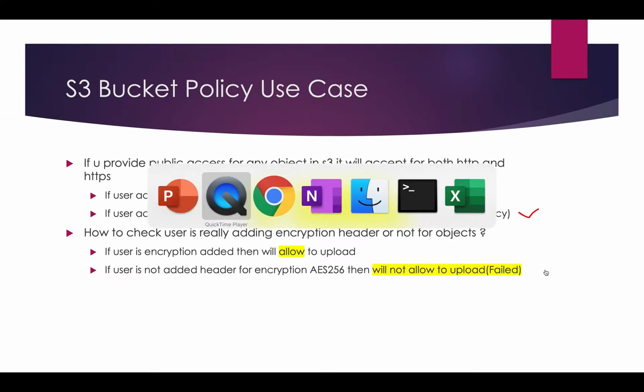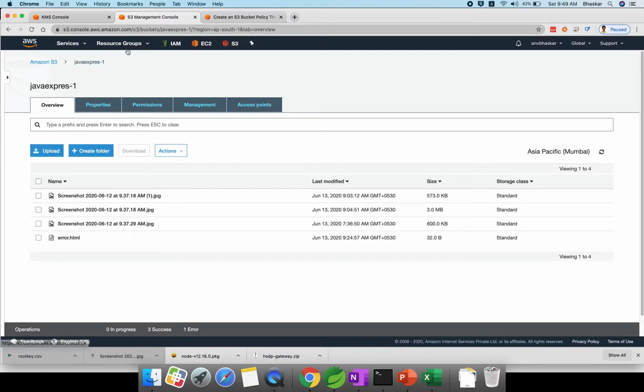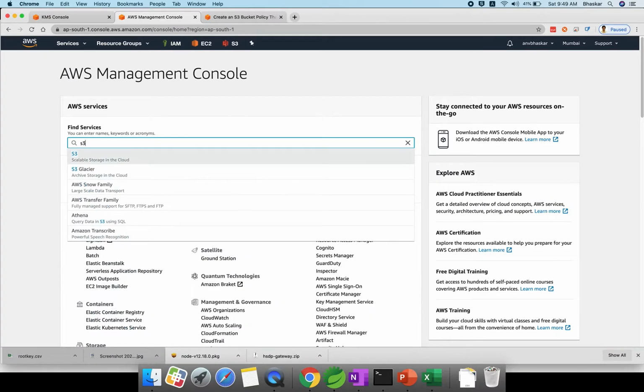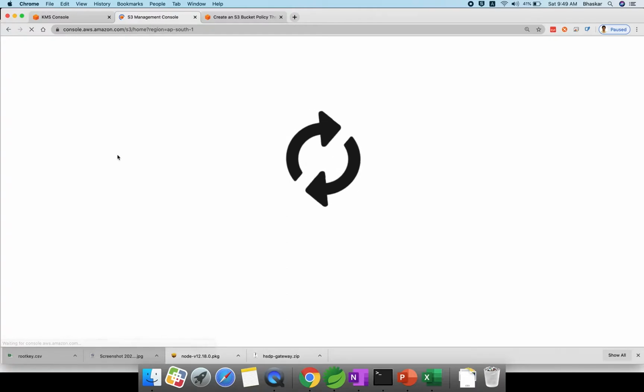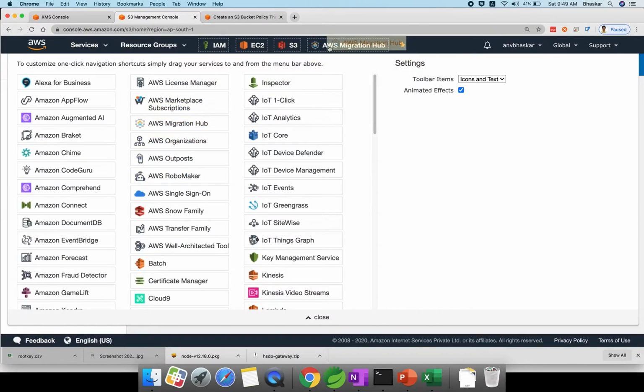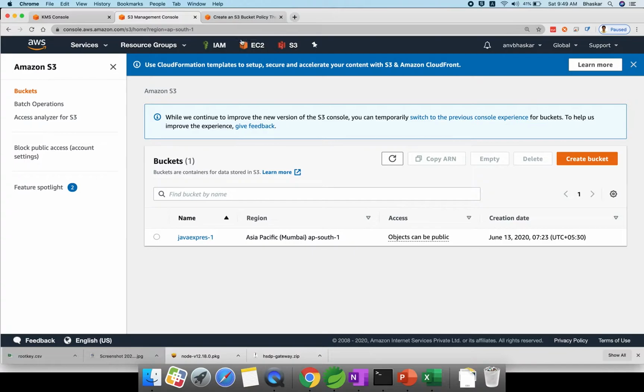Next, if you don't know how to go to AWS, click on AWS, type S3 bucket, and it will navigate to your S3 bucket. Here I added shortcuts. If you click this symbol, you can drag and drop whatever you need here. Right now I'm using IAM, so I'm just closing it. This is a shortcut, like if you install any software in Windows, instead of going there, you can give some shortcuts, like favorites here also. In S3, I created an S3 bucket also.